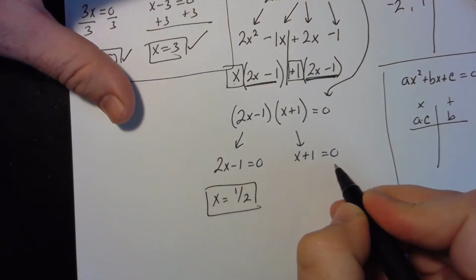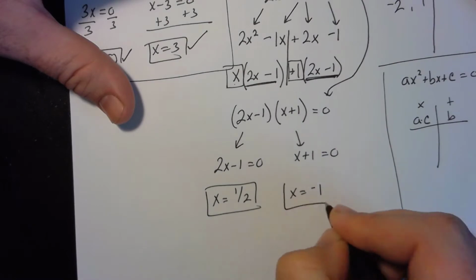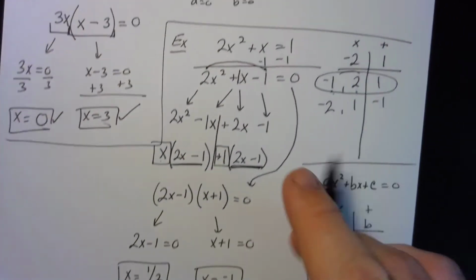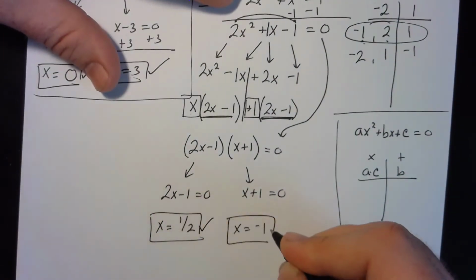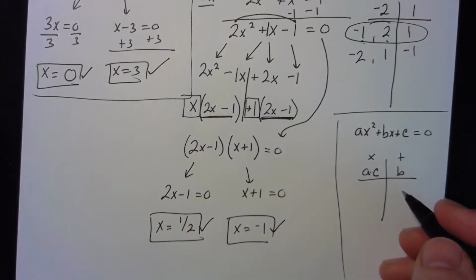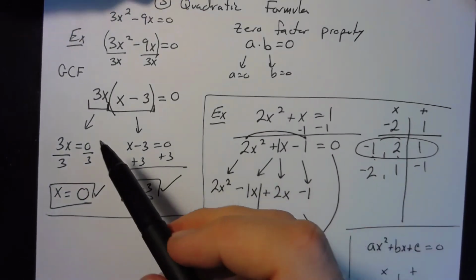And here I'm going to subtract the 1, giving me x equals negative 1. And again, we should take these values and plug them back into the original equation to check. I'm going to bypass that step and identify the fact that they will both check. This provides us with the methods of GCF factoring,